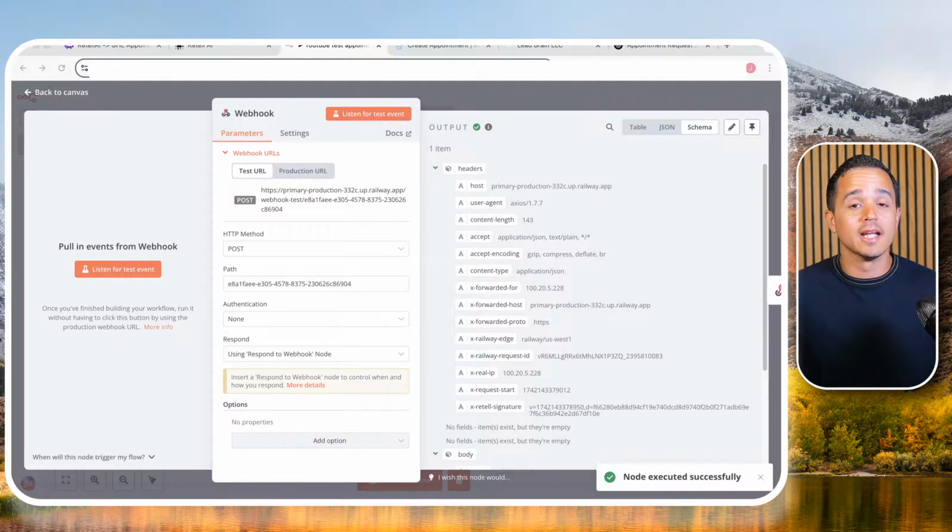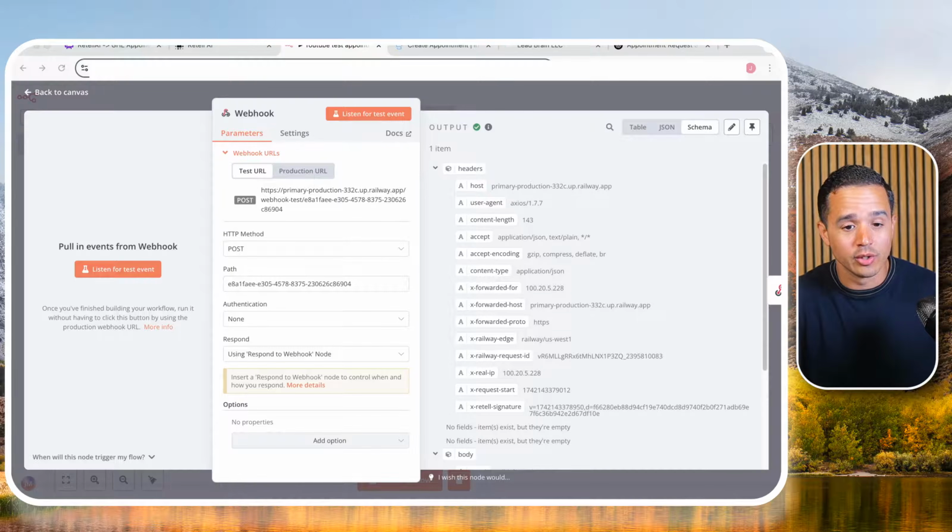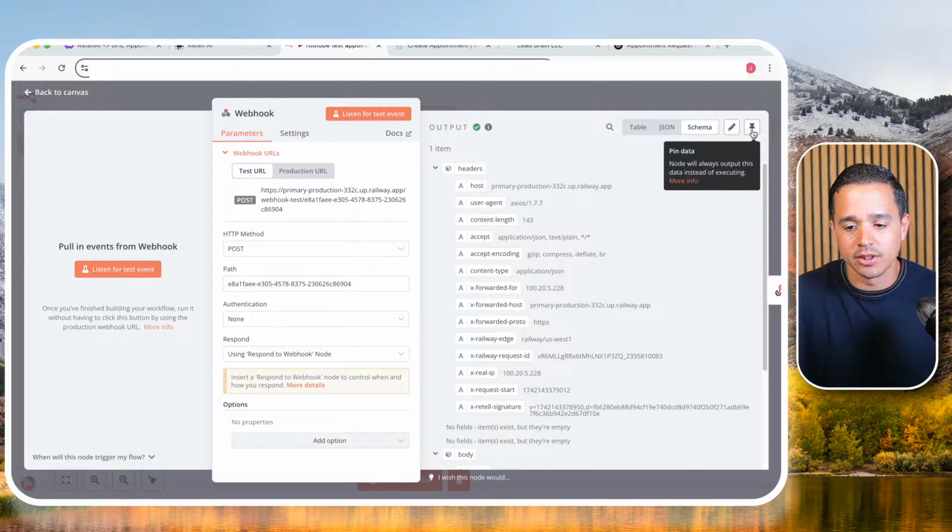Okay, I'm not going to say anything, okay? I just wanted you to see, as soon as the phone started ringing, Retell sent us a message to that address, and now we have the inbound call webhook. No words were spoken by the AI agent or the lead, but we got a message, okay? Very important. So what I'm going to do here is pin this message here in N8N